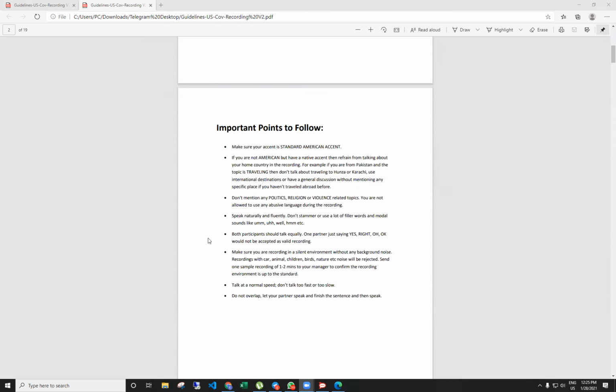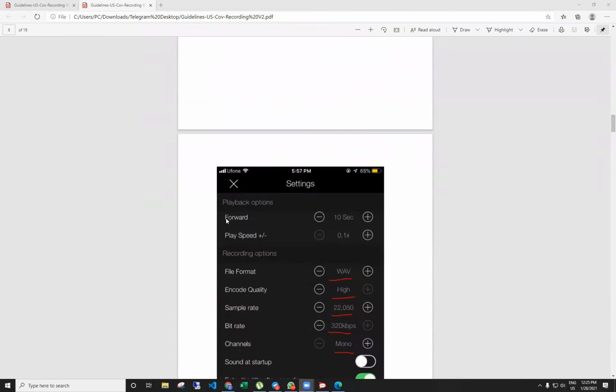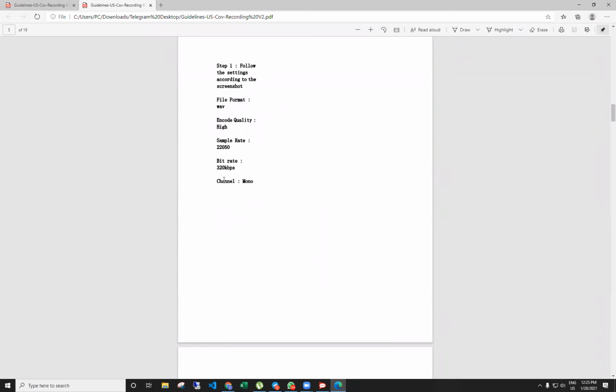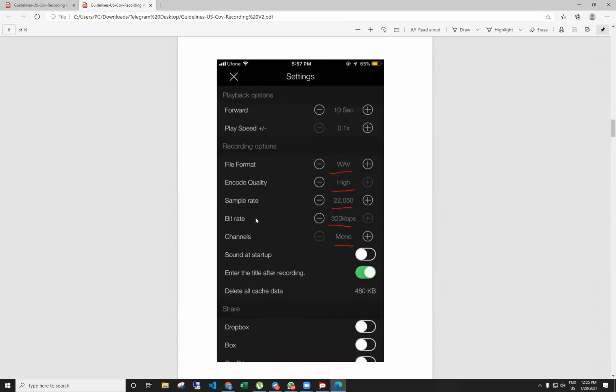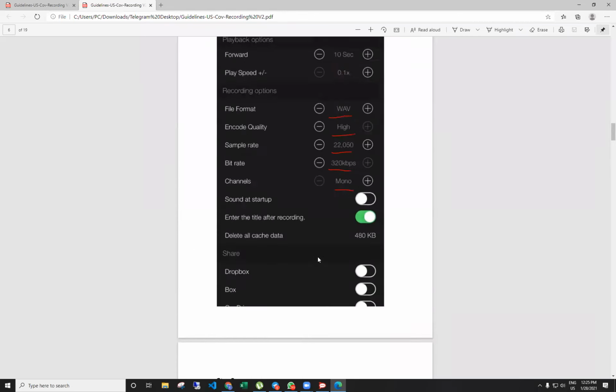Now, once your samples get approved, you will get this guidelines document as well. It has all the settings for the app, that your audio settings should be like this. Your file format should be WAV. Encode quality should be high. Sample rate with this and everything, along with the screenshots for every step,